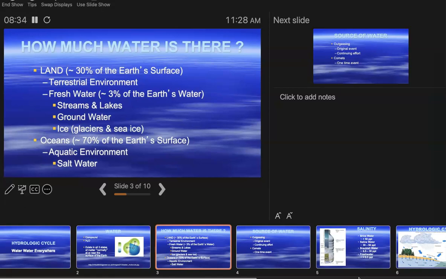I'm missing one bullet there, and I've left it as a conversation point: one more place on the planet where we have fresh water. Got groundwater, surface water, ice. Where else is there water? Yeah, in the atmosphere. Your clouds, stuff that hasn't even formed clouds yet. I'm sure no one's bothered to measure the percentage. It's not a whole hell of a lot, but it's there. So that's what we got.